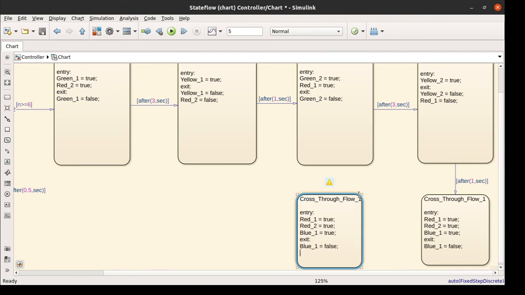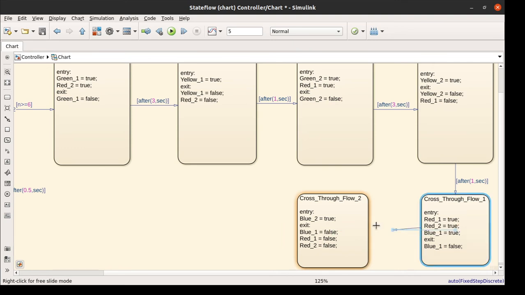Now automatically it changed to 2, but I don't have to set it twice. So here I will just use blue 2 will be true, but these two things I want to turn off because I am completing the cross through traffic here.